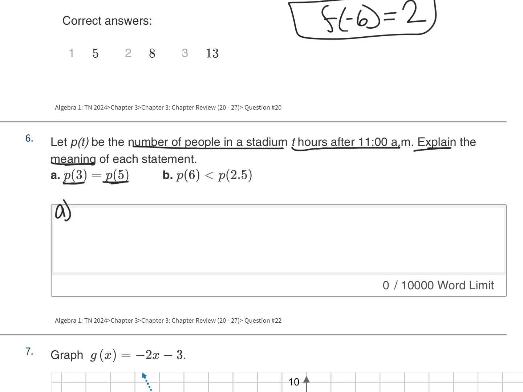So what they're telling us is that when t is 3, so 3 hours after 11, the number of people in the stadium